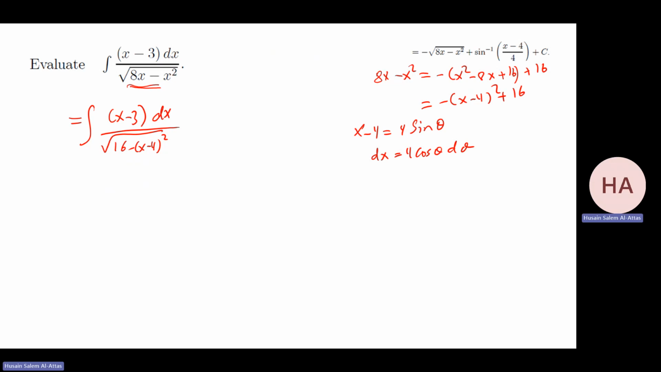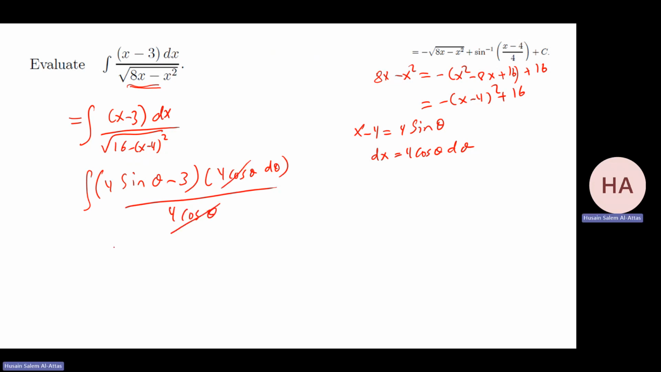Okay, let us plug the numbers. I have what? 4 sine theta minus 3. Dx is 4 cosine theta d theta. This will be 4 cosine theta. Cancelled. So it will be the integral of 4 sine. That will be minus 4 cosine theta minus 3 theta plus c. Now I need to change everything in terms of